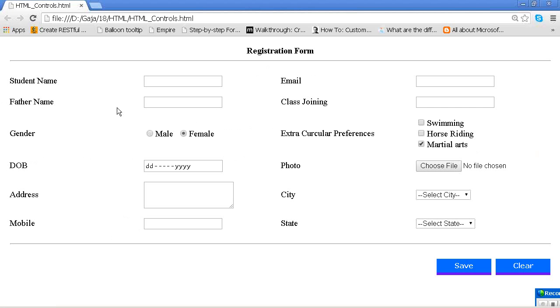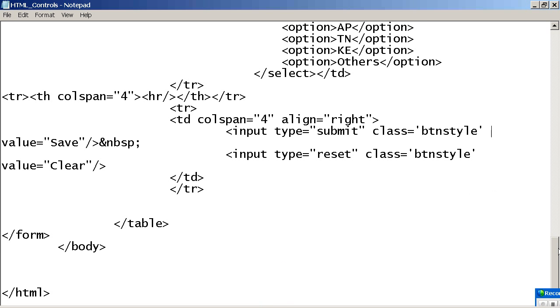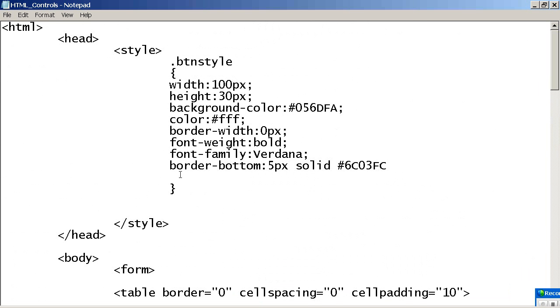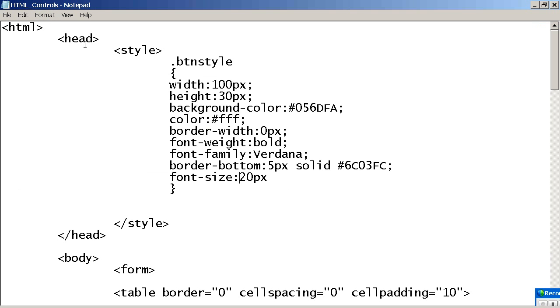Now see, redundancy is removed. Okay, now note it well. If you want to make changes, simply go to the page. I want to increase the font size. Then in this situation the earlier one should have a semicolon. Font size. If I change it in one place, it automatically affects all the places where the style is applied. Are you understanding?